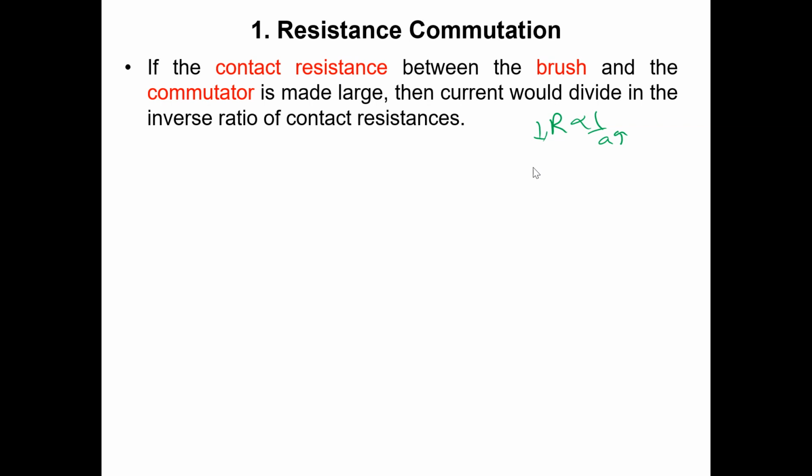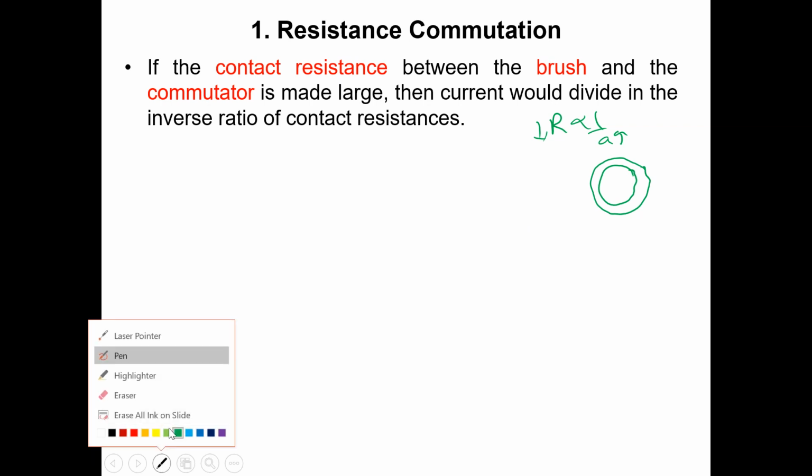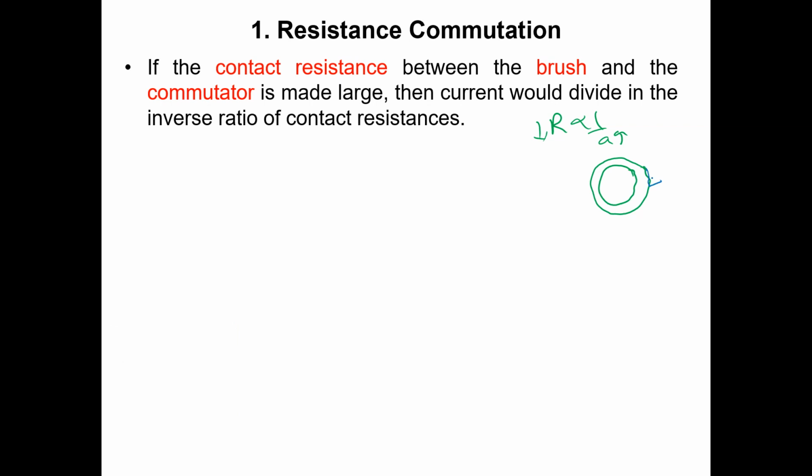Up to some extent. The contact resistance is nothing but the resistance. For example, this will be a commutator and this will be our brush. The contact resistance is the area on which the brush is in contact with our commutator. That is called contact resistance, or RC. It is the area of contact between the brush and the commutator. If the contact resistance between brush and commutator is made large, then current will divide in inverse ratio of